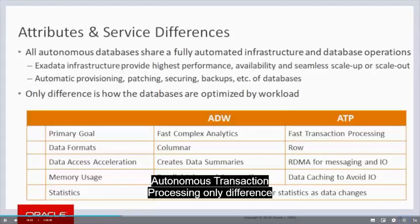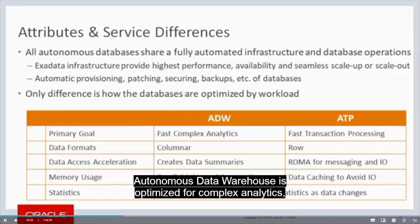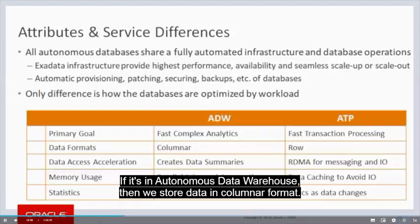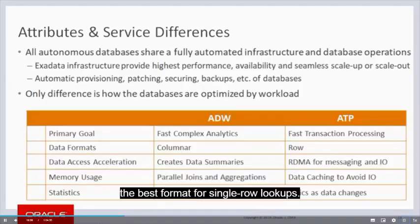Autonomous Transaction Processing only differs from Autonomous Data Warehouse when it comes to how to optimize for each specific workload within the database. Autonomous Data Warehouse is optimized for complex analytics, while Autonomous Transaction Processing is optimized for high throughput transaction processing. When you start loading data into the Autonomous Database, we store data in the appropriate format for each workload. If it's an Autonomous Data Warehouse, then we store data in columnar format, and that's the best format for analytics processing. If it's Autonomous Transaction Processing, then we store the data in row format, as that's the best format for